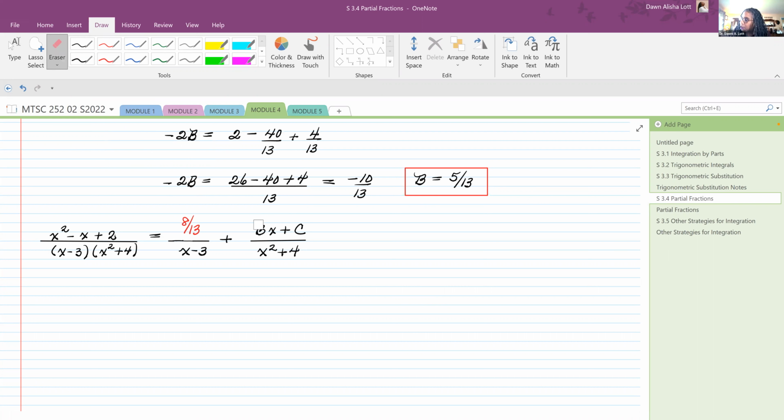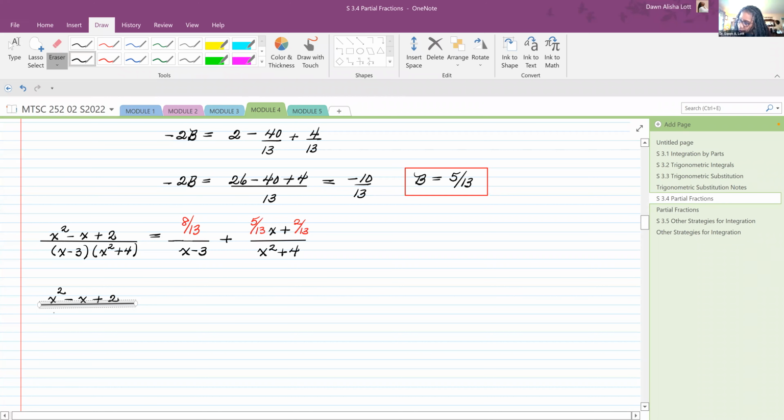And then B is 5/13. And C is 2/13. So I'm going to break that up and write this as x squared minus x plus 2 over x minus 3 times x squared plus 4. And that's going to look like